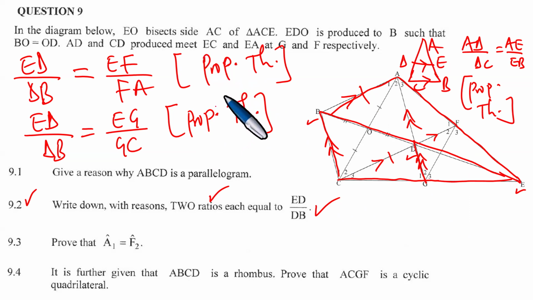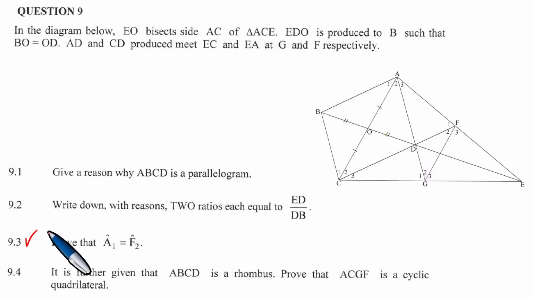Proportionality theorem. Okay, next question. The next thing is now to just prove some results. So we want to prove 9.3. In 9.3, we want to prove that